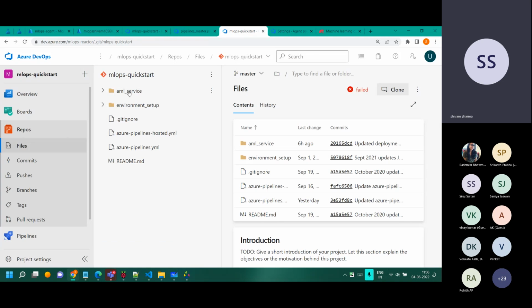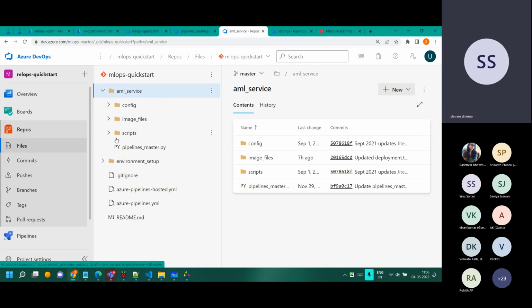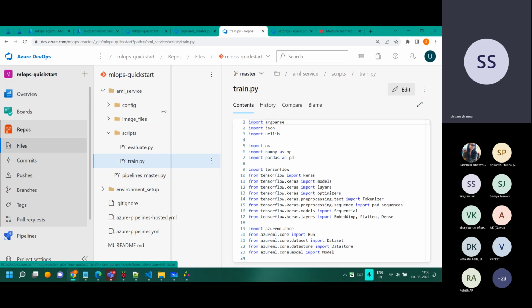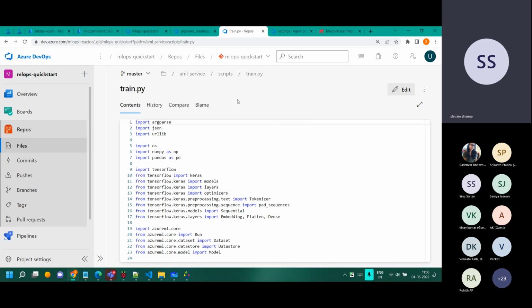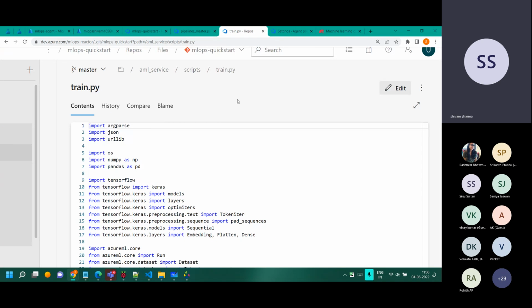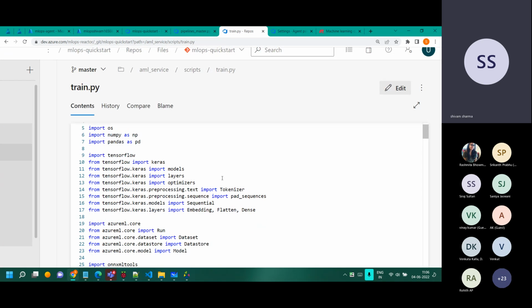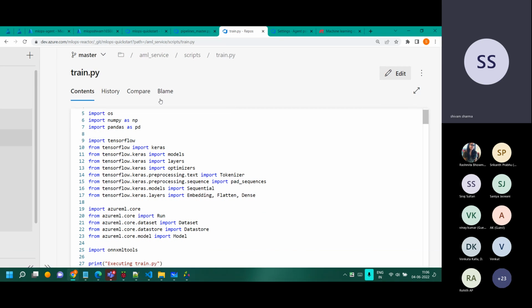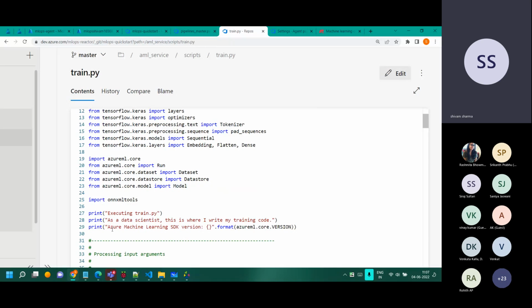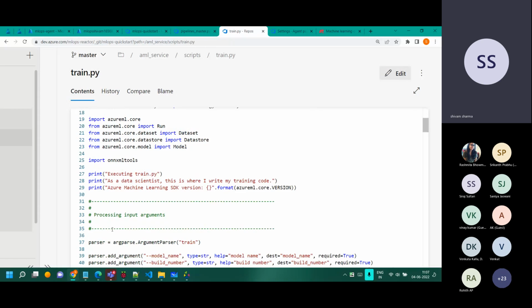We'll go to the repository and we'll find it. It should be somewhere over here in this folder. Let me see if I can make the screen bigger. Okay, it's a normal deep learning solution. This is where your ML code goes. It doesn't have to be deep learning. Whatever you want to do, you do it. But over here, there are a couple of interesting things which we are doing. First of all, the normal argument parsing is happening. We are passing the arguments.